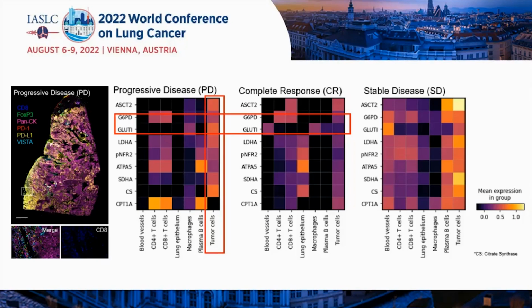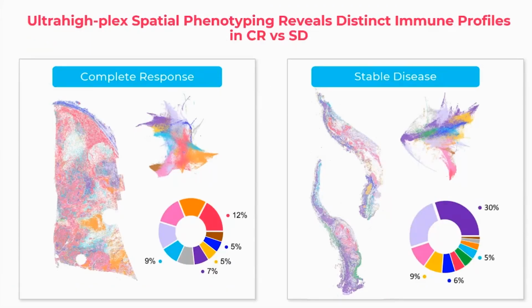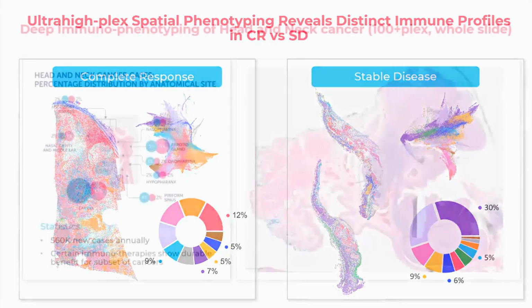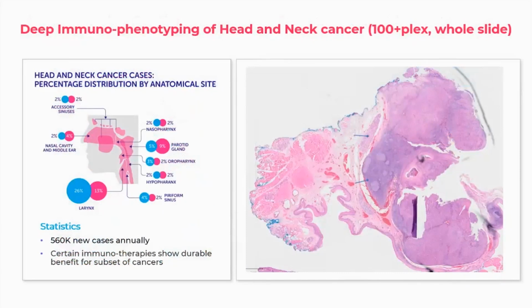And what we're trying to really drill down on in the lab at the moment is, can we develop a minimal signature predictive of resistance based on a metabolic score? In patients that do really well, we see a flattened metabolic activity. And so we're digging into this literature a lot more. And so we can develop cellular neighborhood maps of what a pathological complete response looks like versus a stable disease and so on. And so we'll go on to this really exciting case.